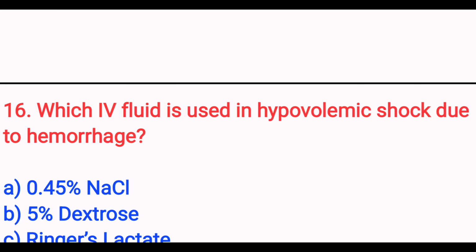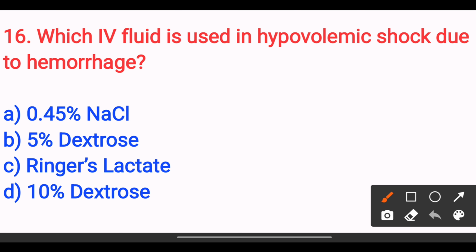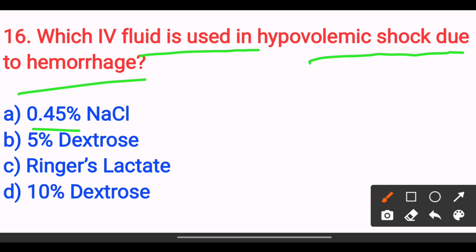Next, which IV fluid is used in hypovolemic shock due to hemorrhage? Option A, 0.45% NaCl. Option B, 5% dextrose. Option C, Ringer's lactate. Option D, 10% dextrose. The answer is